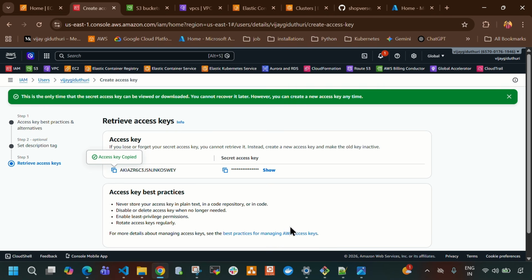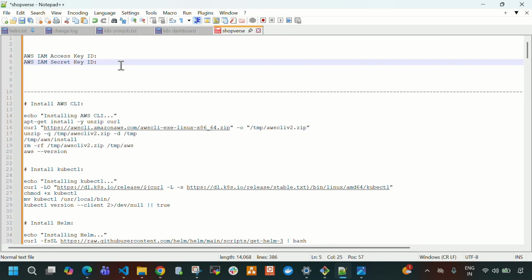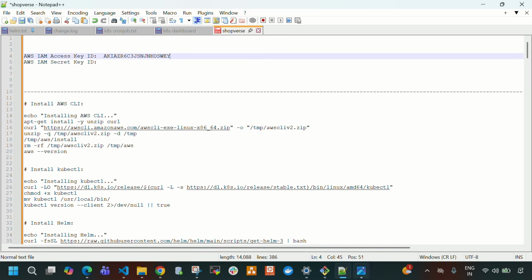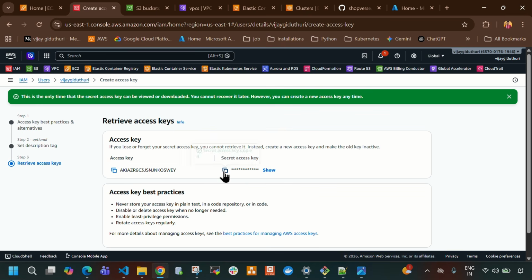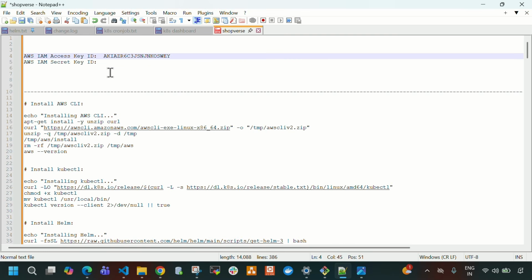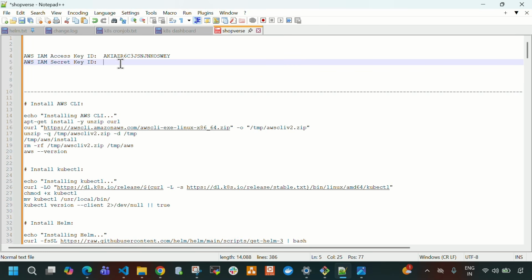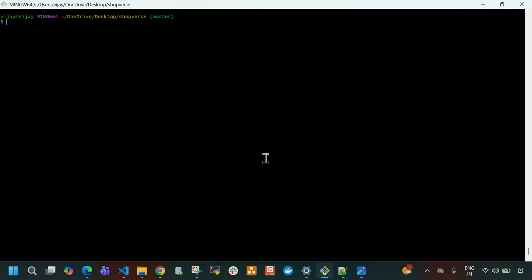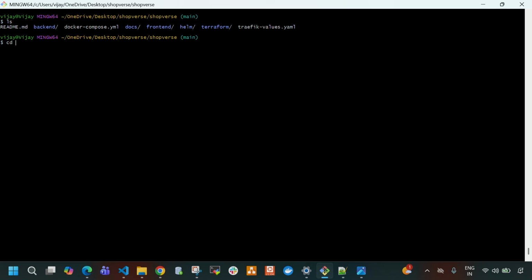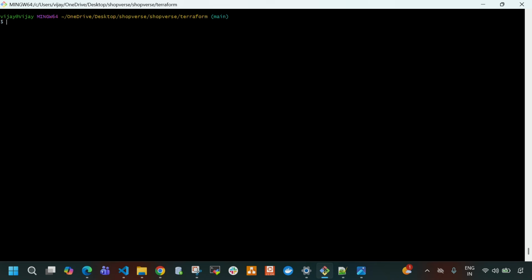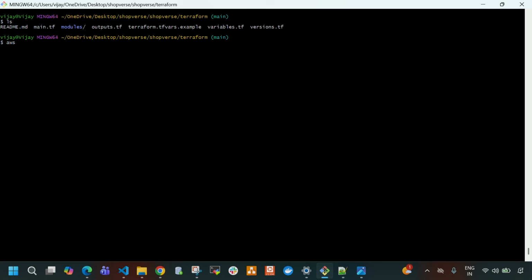Okay, so this is the access key. Let me copy this and paste it here. And this is the secret access key. Let me paste it here as well. Okay, so now let me do ls. Let me enter into the Shopverse directory and then into the Terraform scripts. Okay, now let me do aws configure,